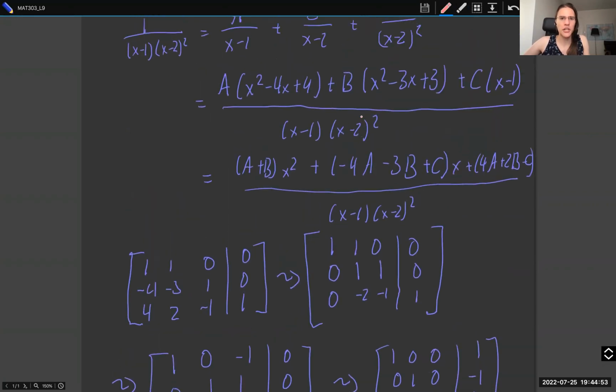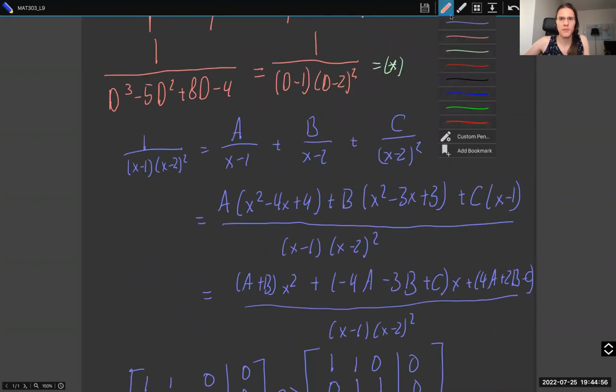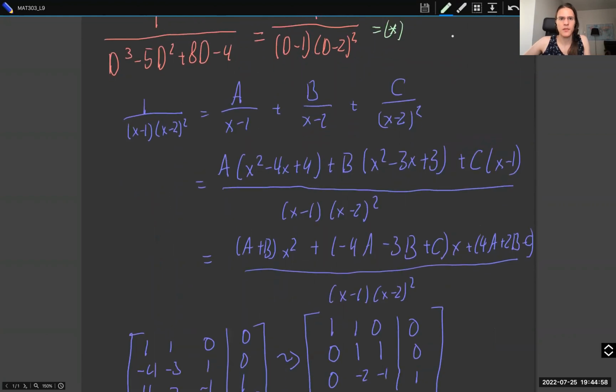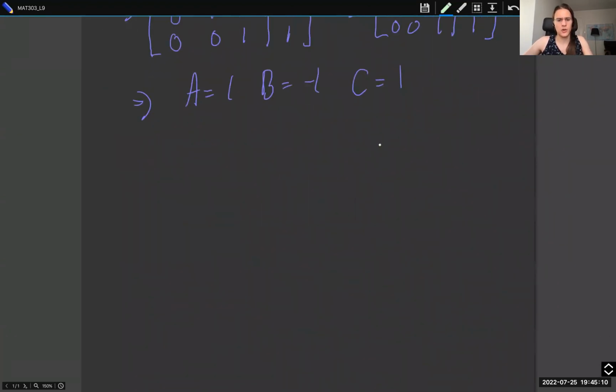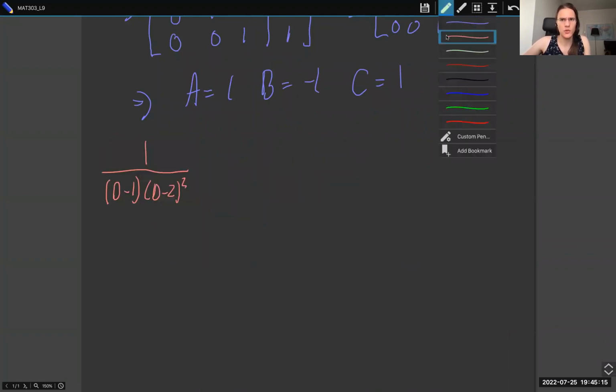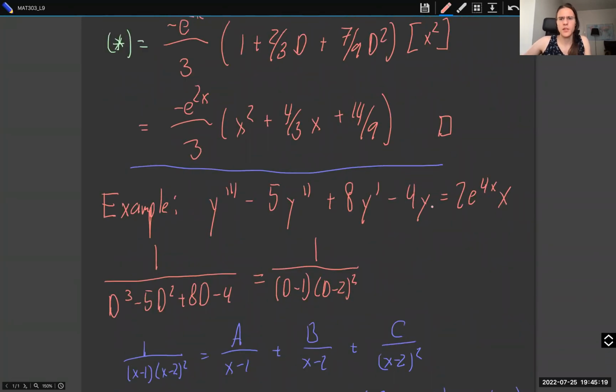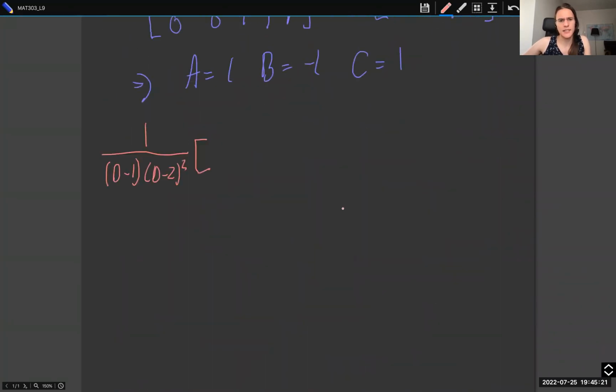So our equation then becomes, well, actually, let's not put a star here. Let's just copy this over because I didn't put what the thing was. This is sort of separate. So this applied to 2e to the 4x times x